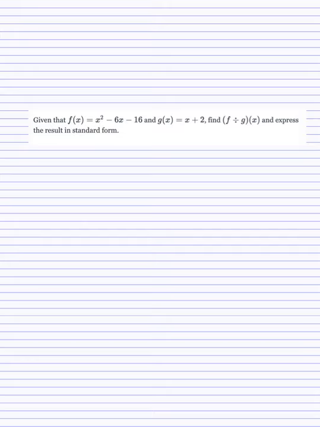All right, so for this particular problem, it says that I have f of x is x squared minus 6x minus 16, and g of x is x plus 2. And it says to divide the two, because I have that division symbol. Now, in this particular situation, my f of x is going to be in the numerator, and my g of x is going to be in the denominator. So when I set this up, I have x squared minus 6x minus 16